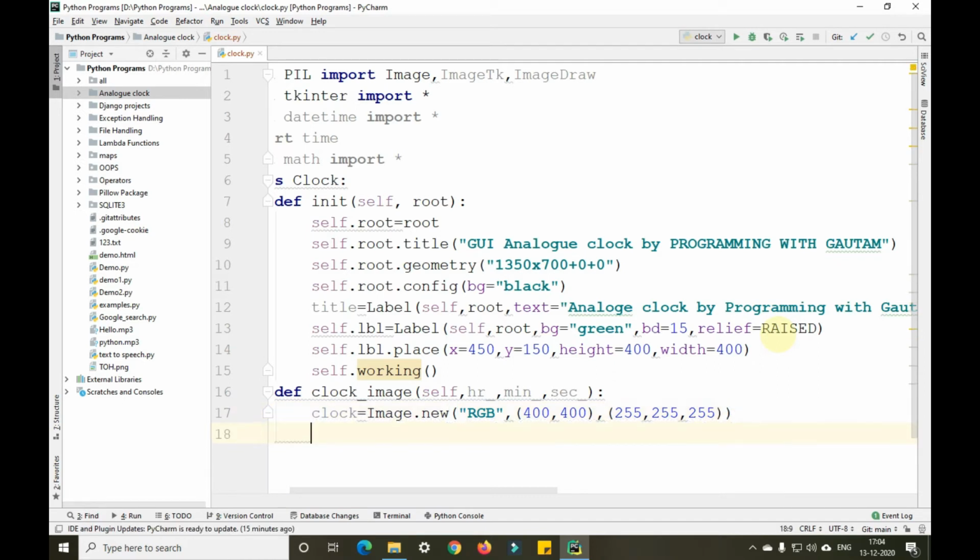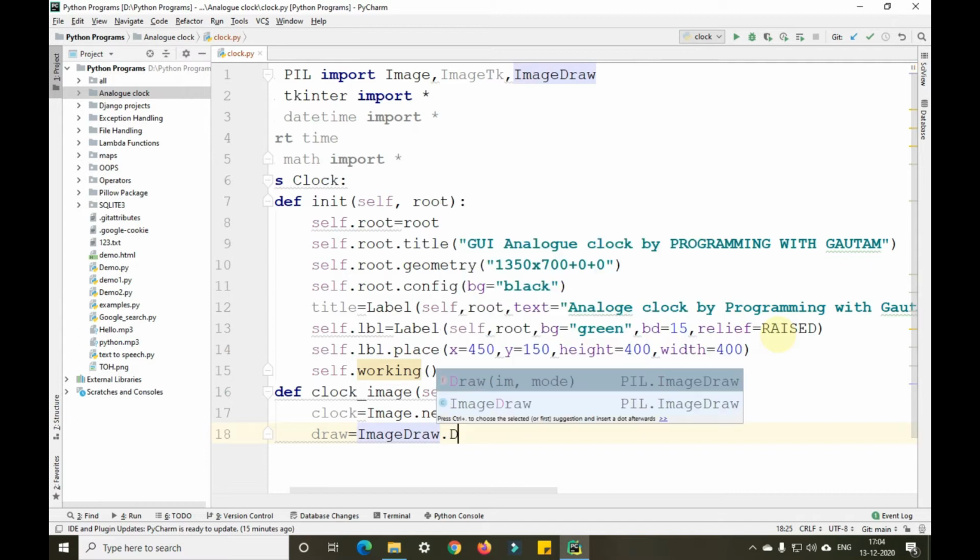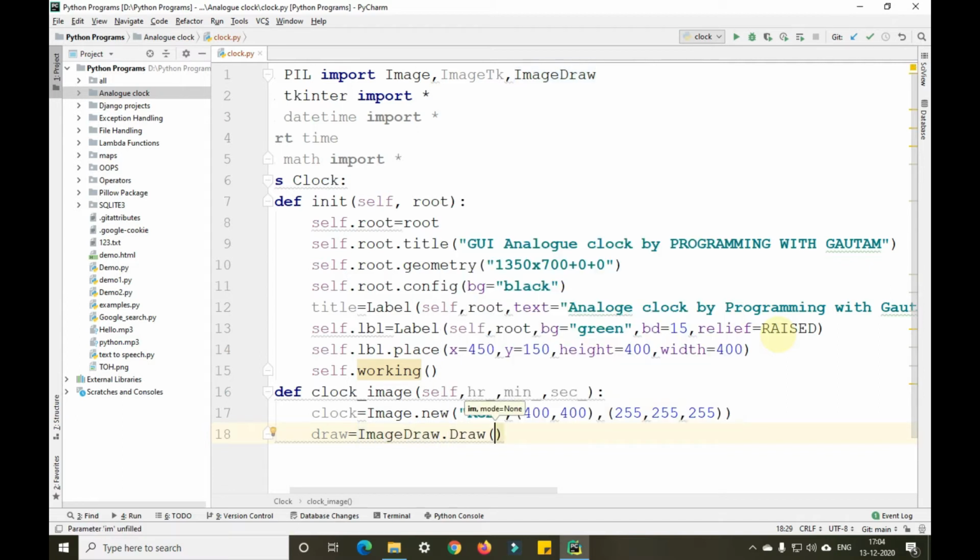After that, draw equals ImageDraw.Draw, and we'll draw the image now. We'll draw this particular clock image with the help of the ImageDraw function.